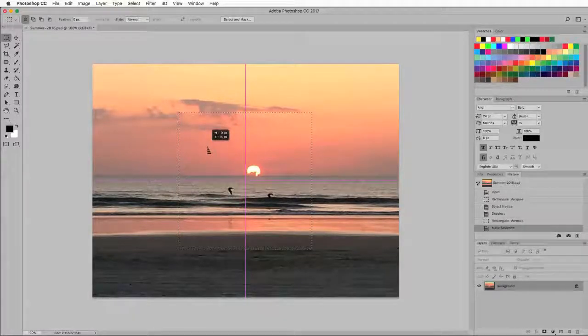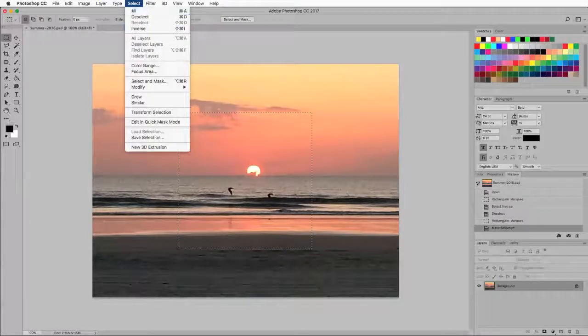There we go. So see, I've got both of those magenta lines there. Well, it's not magenta, but you get the idea. Those are just little temporary lines to show you how you've aligned things. So I'm going to release the shift button, they go away. Now I have the selection here, and so anyhow,